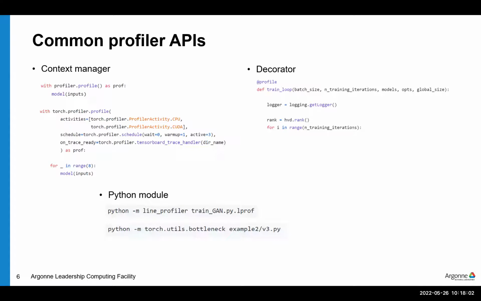Usually all profilers have some APIs which are more or less similar, I would say. In the middle, we have just Python modules, where you run some profiler module as a Python module with your training script. It's quite easy to do. It may be a good start for the beginning when you have some scripts, you don't know how they work, and you do not want to modify this code. So you may just run some Python modules with the script without any modifications, and it will give you